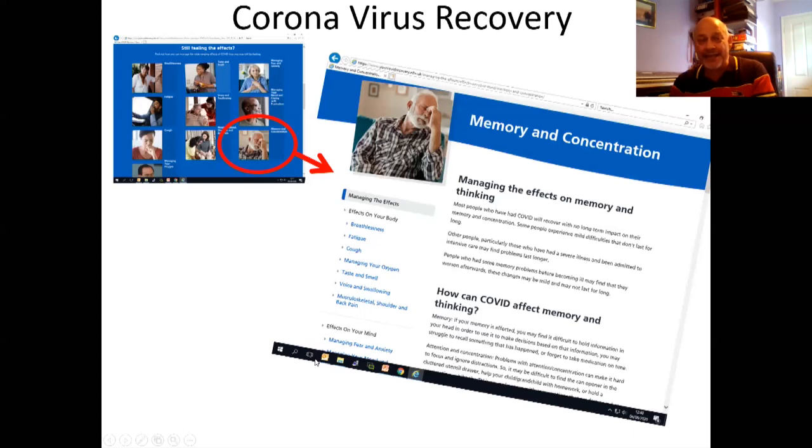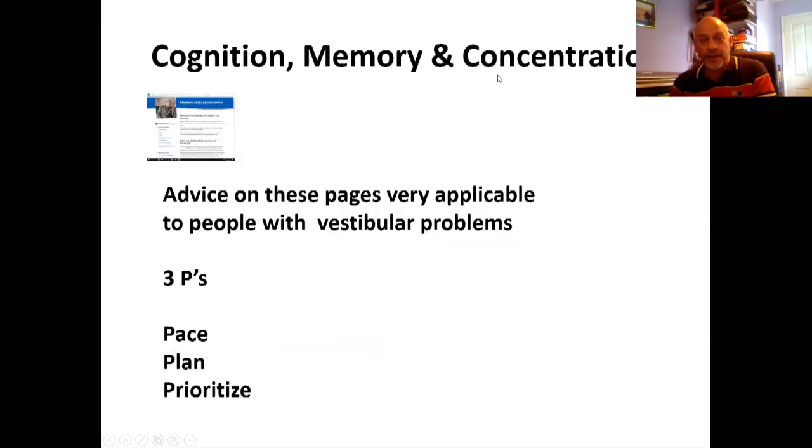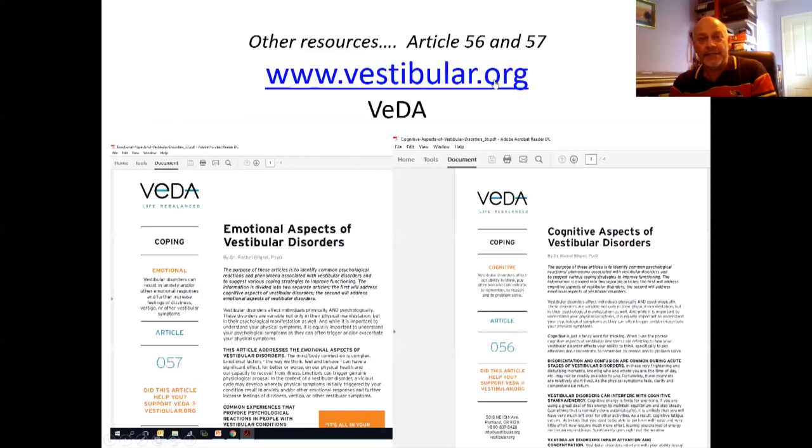So in ending, what I thought I would do, I've just picked out one thing, which I picked up from here, because very similar advice is applicable to people with vestibular problems about memory and stuff. It's the 3 Ps. You've got to pace things, plan, and prioritize. You can't do everything, so that applies to people with vestibular problems, and it's from the actual website for people with post-COVID recovery. But just to bring it back to vestibular problems, and again, I think a lot of you